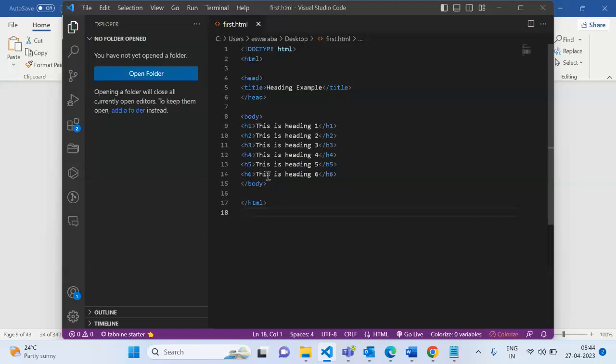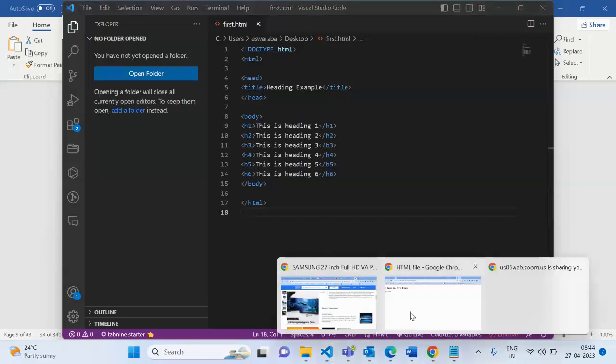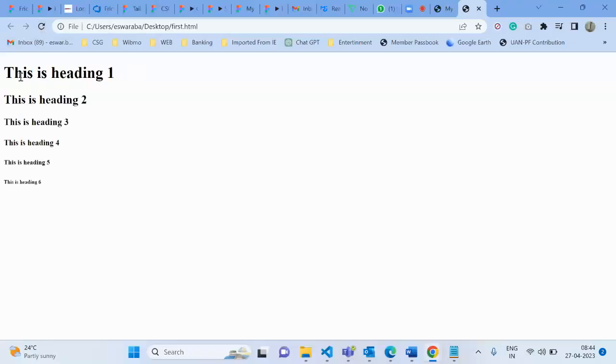H1 is called heading 1, big size, and H6 is very small. According to your requirement, if you want a very big heading, give H1. If you want a very small heading, give H6. If you want something between very big and very small, go for H3. This is called heading.